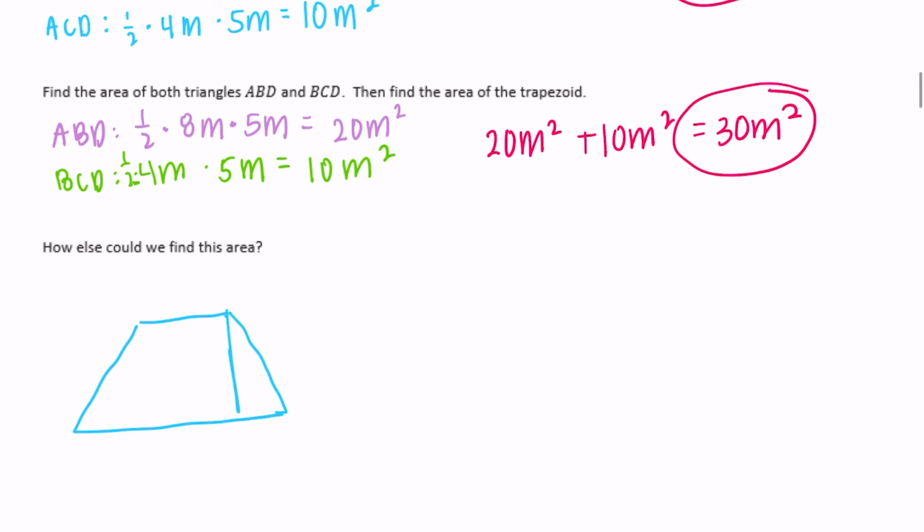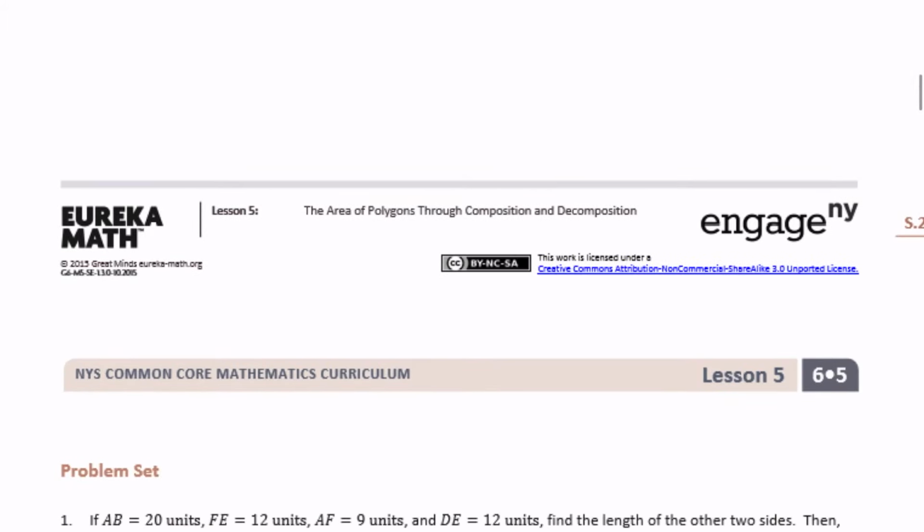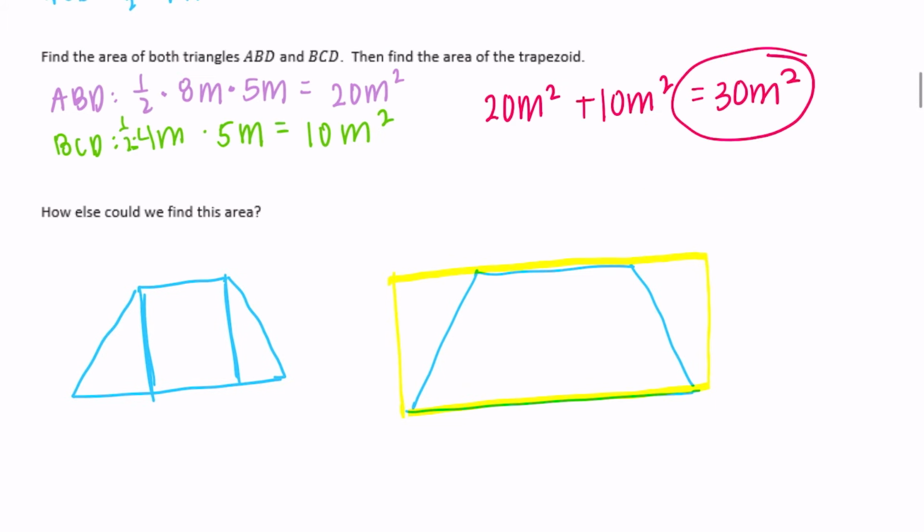So you could decompose it like this and have 2 triangles and a rectangle. We could also put a rectangle around the outside, find the area of the rectangle, and then subtract the area of the trapezoid. So there are different ways to solve this. So let's